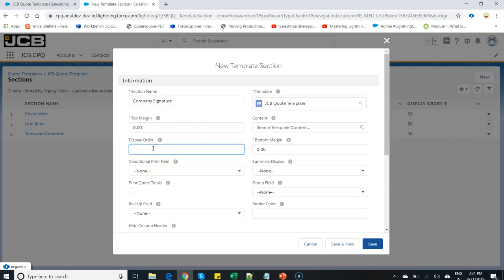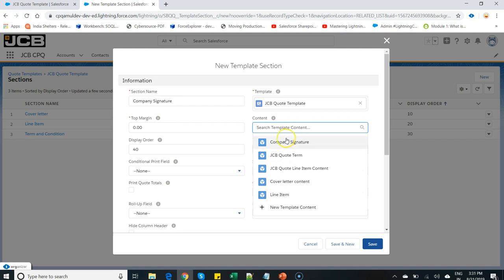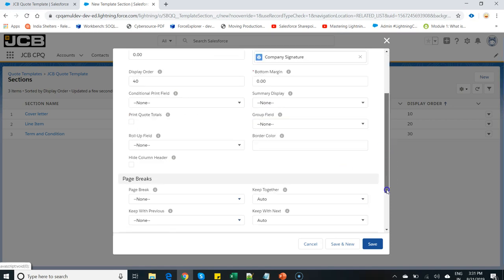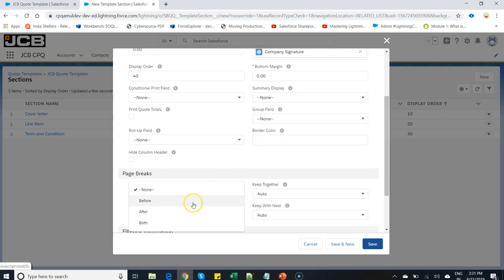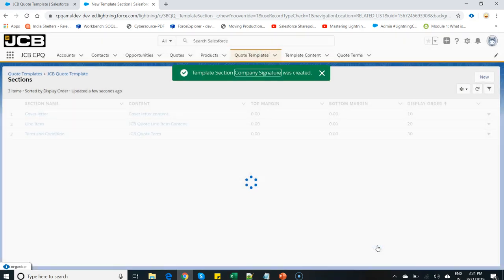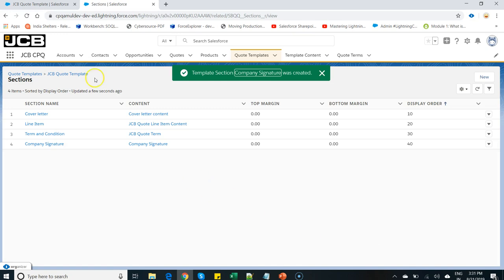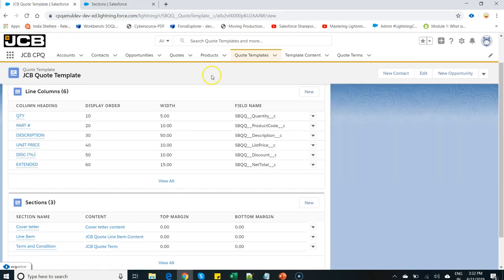A display order of 40. The template content is called company signature. I need a page break before, and then click on save. So now you see, I'm going to